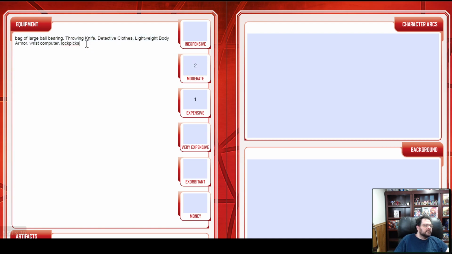Oh, wait. Nah, you know what? He's actually not going to use a backpack. So we're going to have a flashlight, and then... They have next to nothing for inexpensive items. So flashlight, and then we're just going to go...